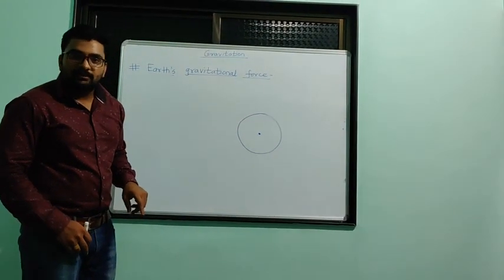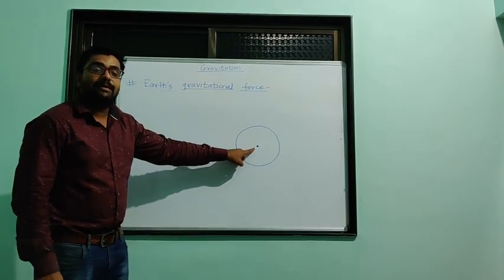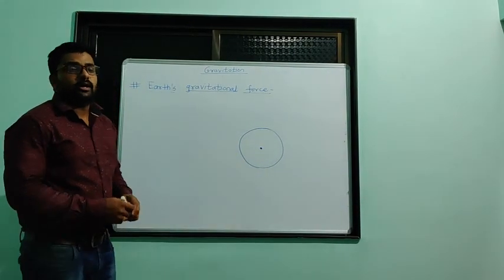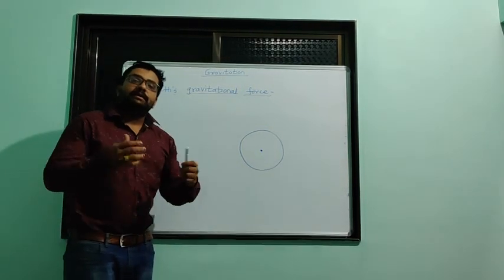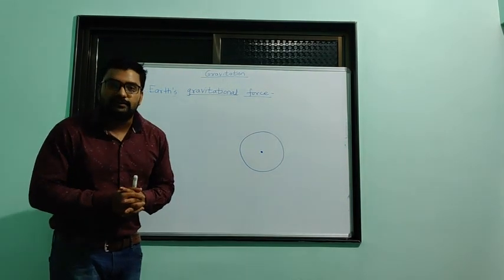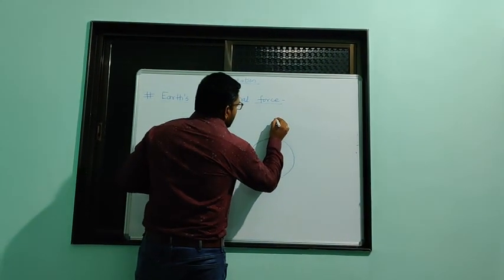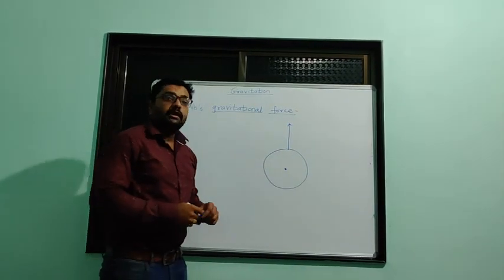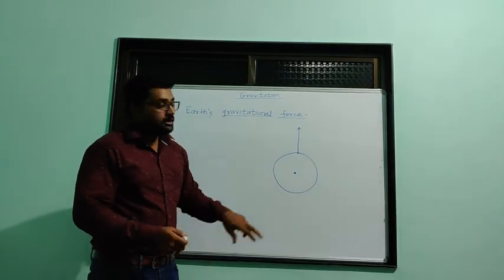Why the center of Earth? Because the whole mass of an object or Earth, we consider it is situated at the center of Earth, at this point. So generally, this gravitational force, we know it is always an attractive force. It always attracts other objects towards us. So generally when we are here and we throw an object in an upward direction,